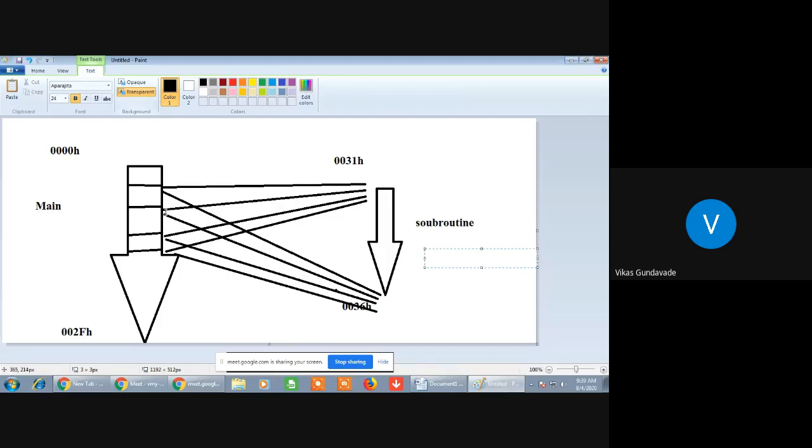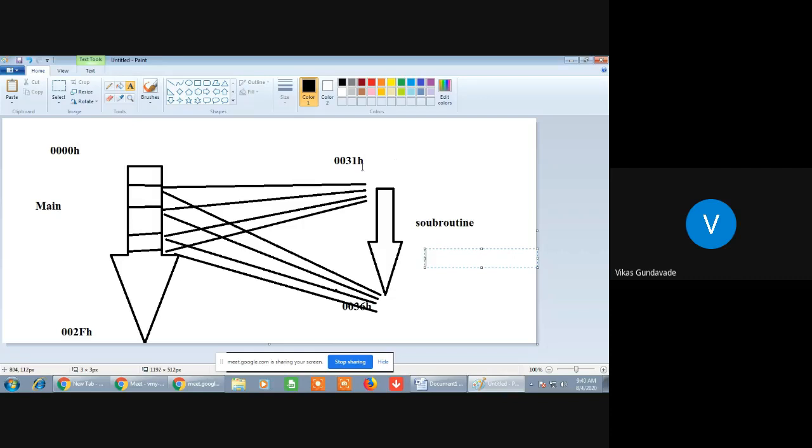In some cases, the programmer has given specific conditions, so the program will jump to this subroutine only if such conditions are satisfied. If the condition is satisfied, it will jump to the subroutine, and after execution it will return back to the main program. If the condition is not satisfied, the program counter will not jump, but will execute the next instructions in the main program.